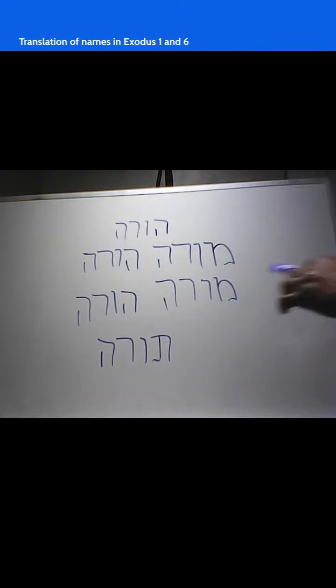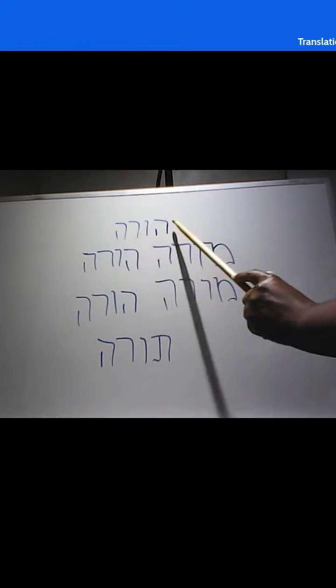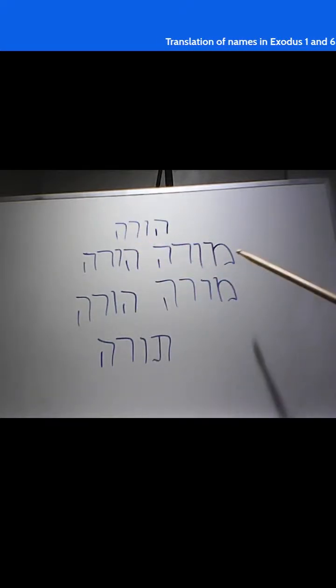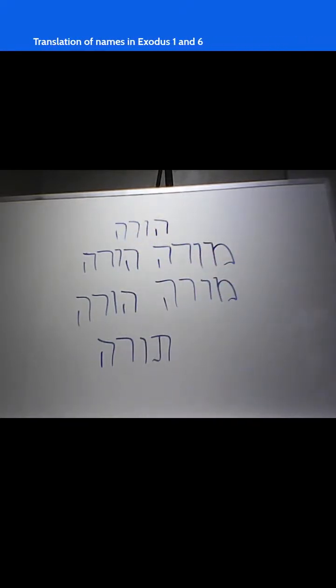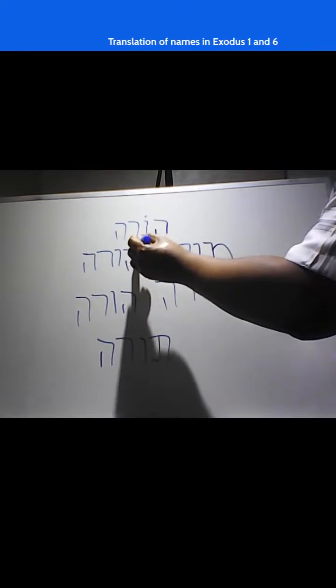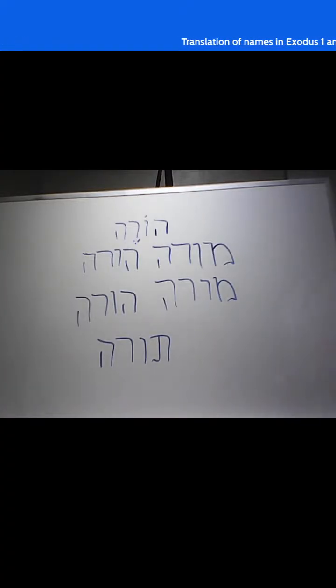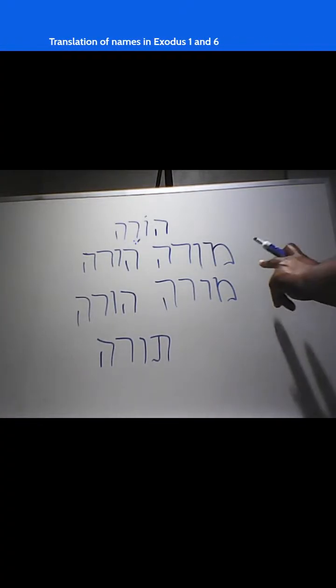Want to go over this, not going to be long. Want to go over verb and noun. Let us look at this, brothers and sisters. We have the word here, hora or hore. Now, in this particular case, we're dealing with it as a verb. All right? Hore, in this case, in the Hefel stem, which in root means to teach. Okay. All right. So then we have this word here,